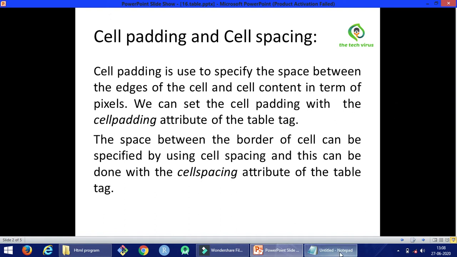Now, create a table for customer detail. Write here HTML, head, and title. Now give a title, close the title tag, close the head tag, open the body tag and open the table tag. Now write tr for the first row and th for the heading of each column.